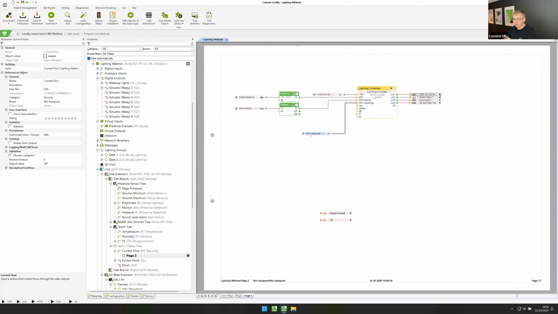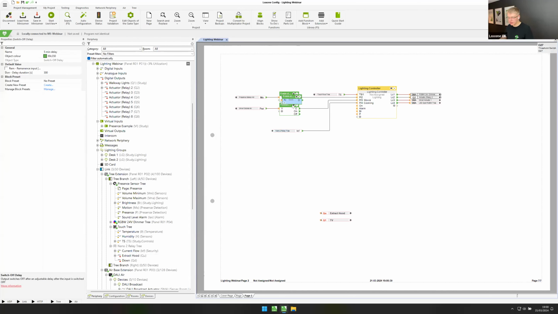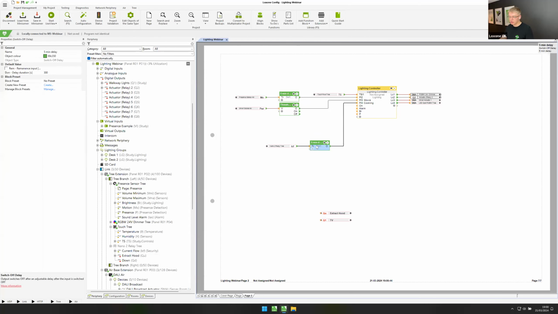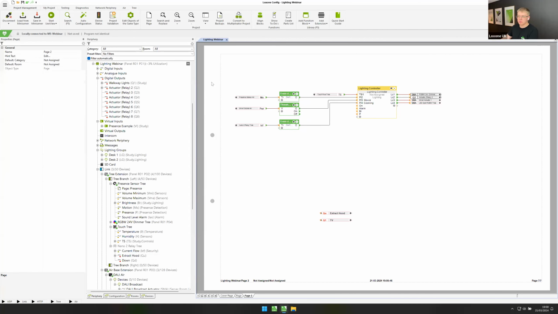it will then mix in the cooking mood. And then as we turn the extract hood off, it mixes the cooking mood out. Now, what would likely happen again is you've turned the extract hood off, you're now plating your meal, so you don't want it to turn off instantly. So again, we can enter something like a 5-minute switch off delay, like so. And now we've automated turning the lights on above the dining table. We've automated the TV lights coming on,